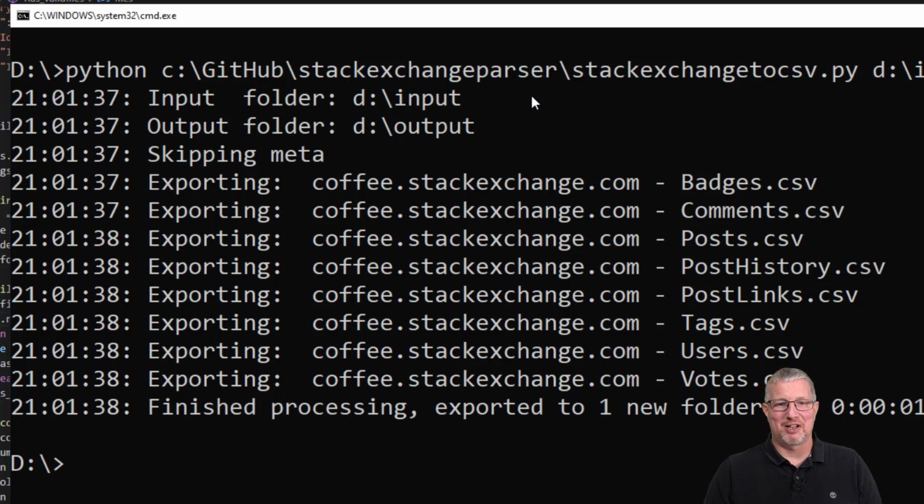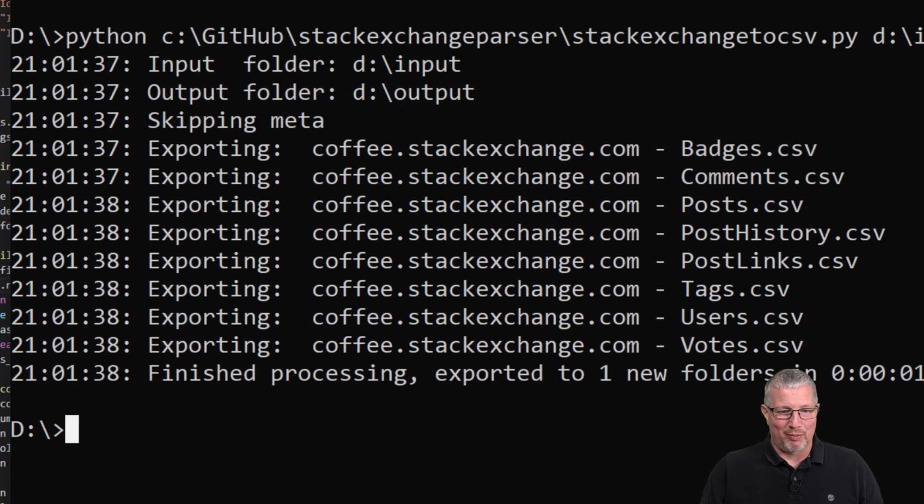If you do this on the Stack Overflow data, which is also part of this set, it takes quite a bit longer. The cool part is though, like I explained before, you can run this multiple times and it will run on multiple CPUs, and because it looks for the directory first and skips it if the directory is already there, you can run as many as you want. Done that a few times, works very well. Now,